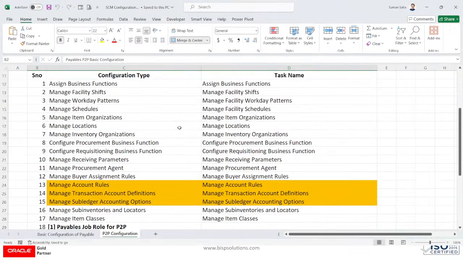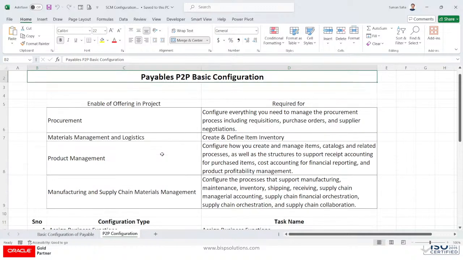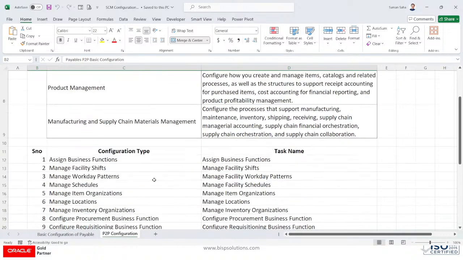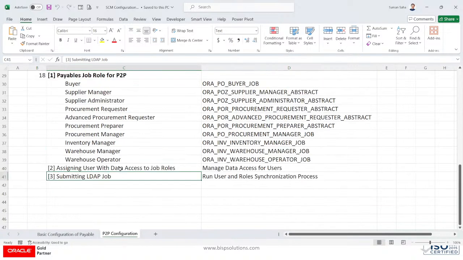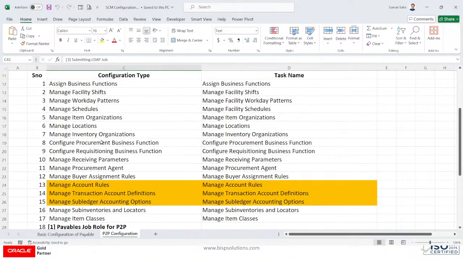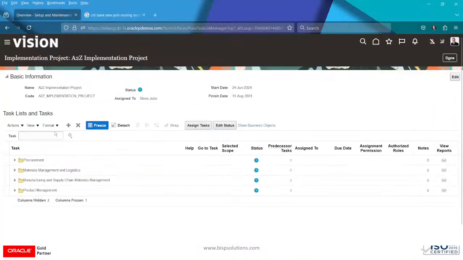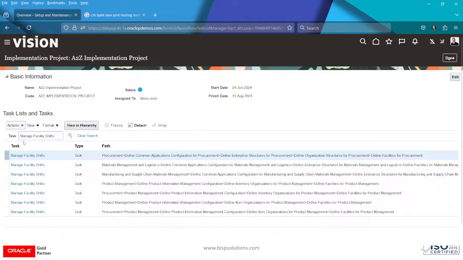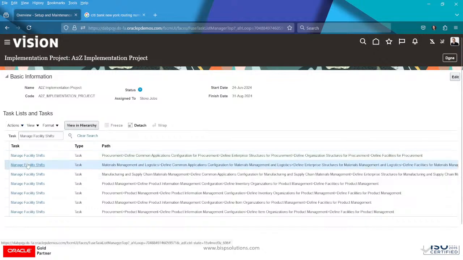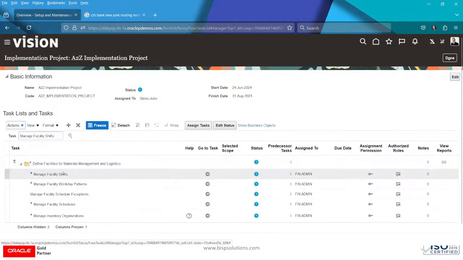So what we have already gone through that particular one, right? So let's go with the configurations. Quickly walk through that particular configurations. So assigning unit, the business function that we have already gone through, and that is manage facilities. Let's go with the manage facilities. Search with that manage facilities. Go to task icon,